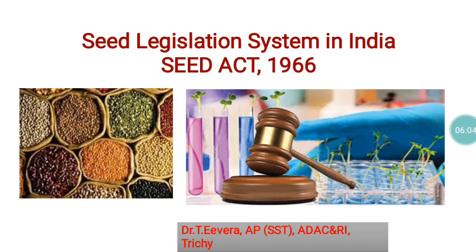Similarly, whichever person or agency is involved in the total seed production and supply system, their business should be protected, their genuineness should be protected. They should not get cheated by anyone. So in order